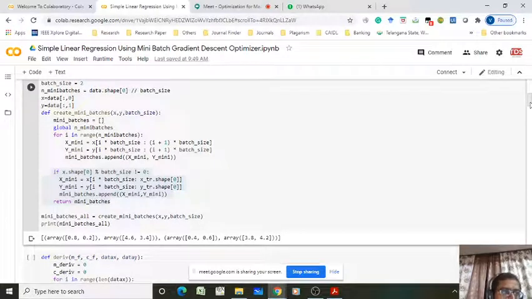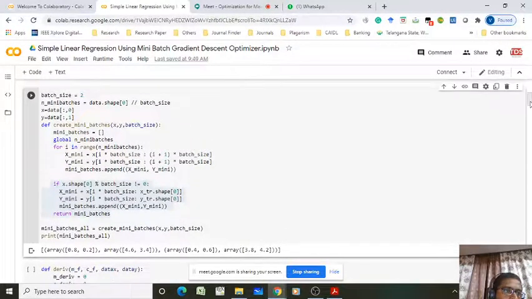So there is a small modification you have to do if it is not perfectly divisible. If it is not perfectly divisible, you will get some floating points. 4 by 3 is not perfectly divisible, that's why you are getting 1 point something. But in the previous case, 4 by 2 is perfectly divisible, you get the 2. That's fine, right? So if that is the case, then you have to add plus 1 here, when it is not purely divisible.